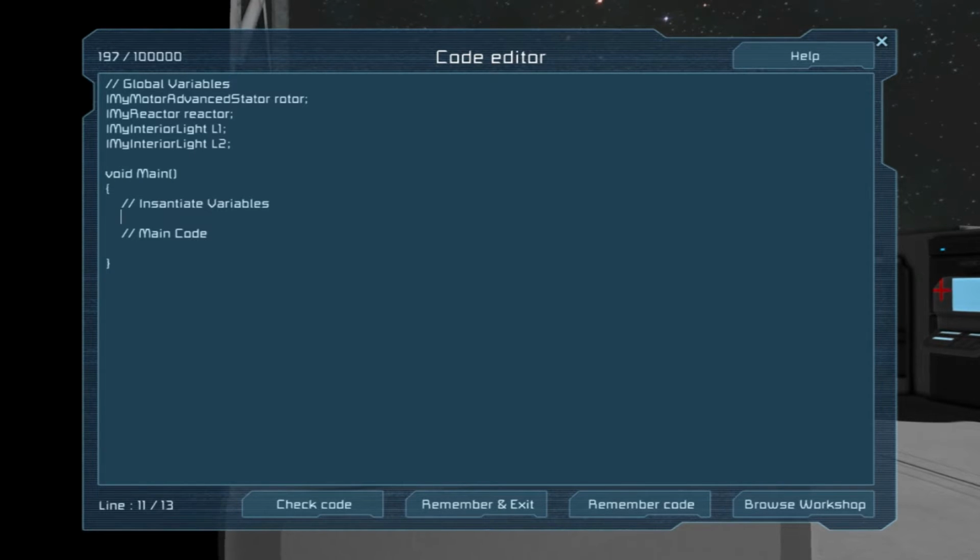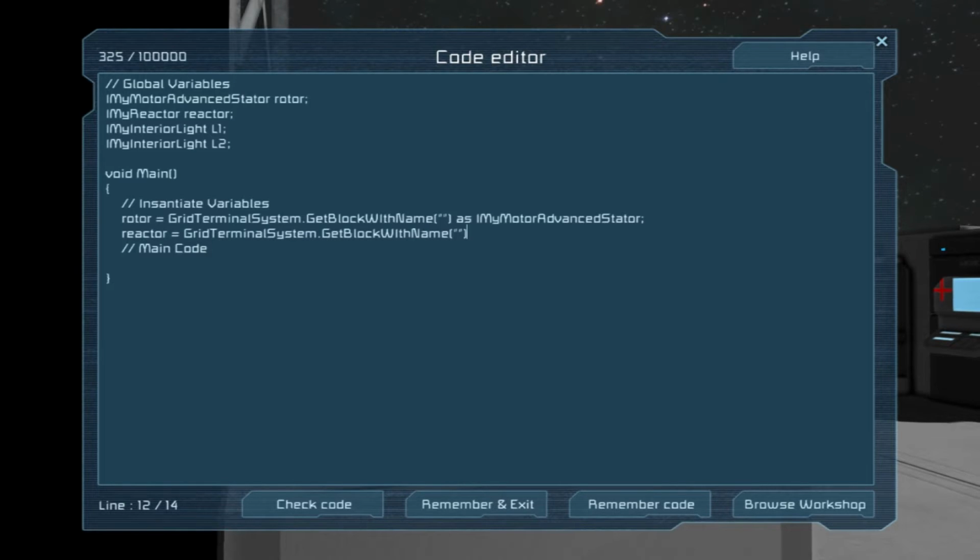Okay, so first thing, we need to instantiate these. So let's say rotor equals grid terminal system get block. We'll go by name. It's more precise that way, in my opinion. With name as my motor. That's so weird. It's probably because they originally were called motors, and in the code it was never changed, is probably what happened. And I'm going to highlight this part so I don't have to type it again.